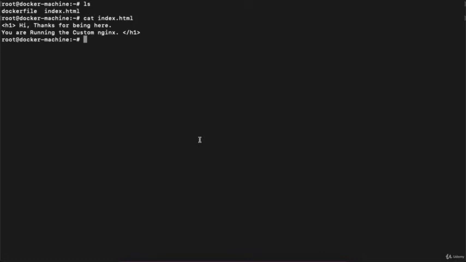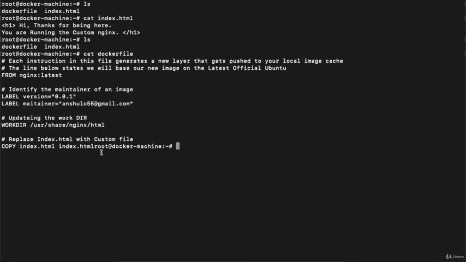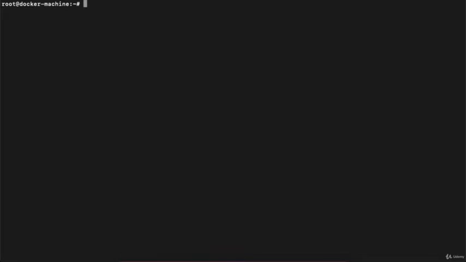So we go back to our terminal and execute the command ls. We have only two things over here: the index.html file and the Dockerfile which we just modified. If I show you the content of the Dockerfile, you can see this is the content. So we have made these kinds of changes in our Dockerfile. Clear out the console. Now we need to build this image. We have seen how to build the image in the last lecture. We will execute the command docker image build -t, then provide the image name, put a colon, and then provide the tag name.